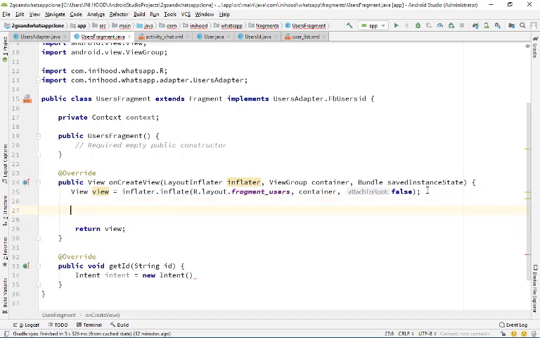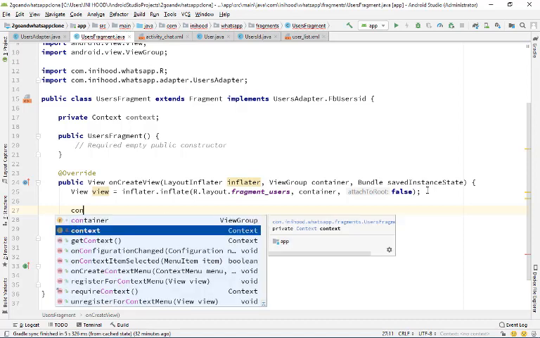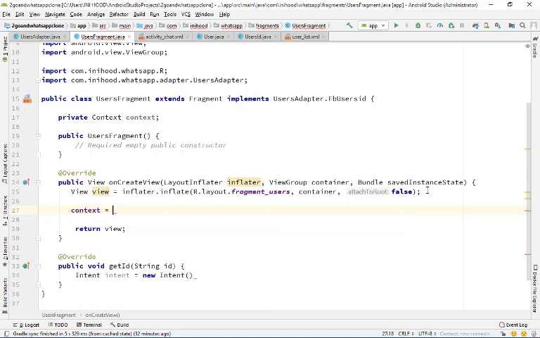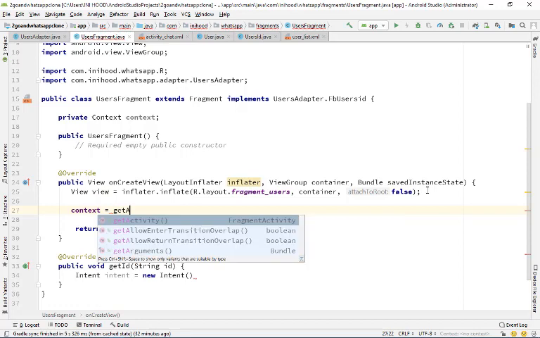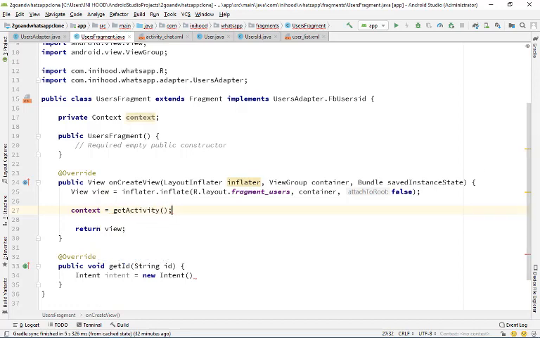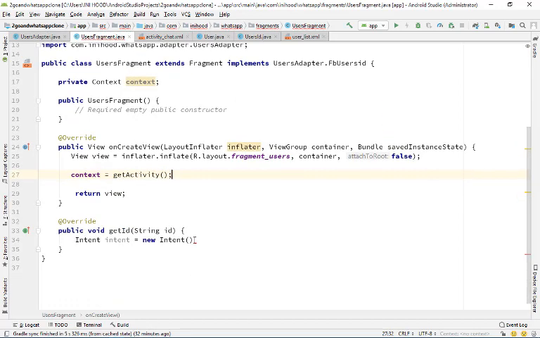So in here we need to initialize the context. So we say context equals to get, you can just directly say get activity, and here we pass in the context and the activity in which we want to navigate to, which is in our case the chat activity. So you say chat activity dot class,